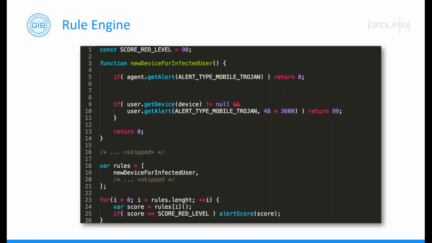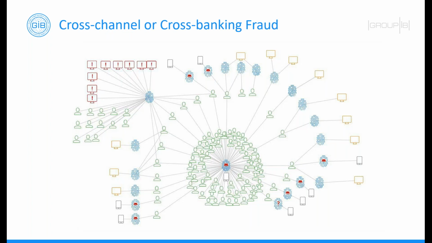The rule engine, which is created for different sorts of events, is fully customizable, and you're able to create a variety of rules. We have a pretty big set of rules, but you can create your own for certain events with a certain priority if it is required by your policies. And using both the web module and mobile SDK, it is possible to detect and prevent cross-channel or cross-banking fraud. So without any further delays, let's demonstrate what's happening.